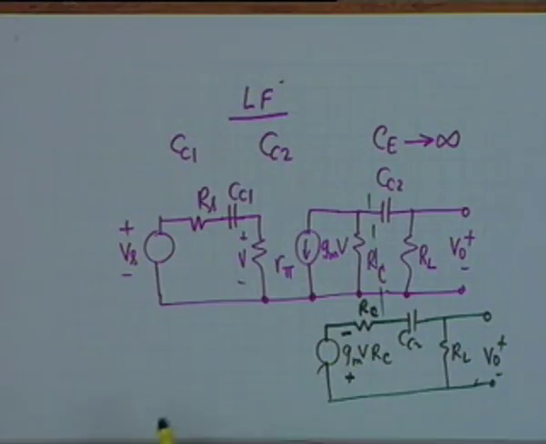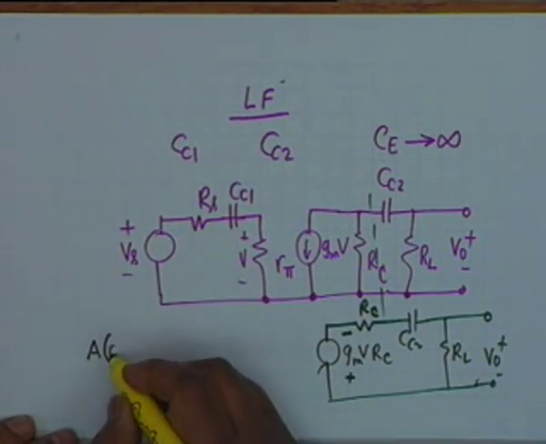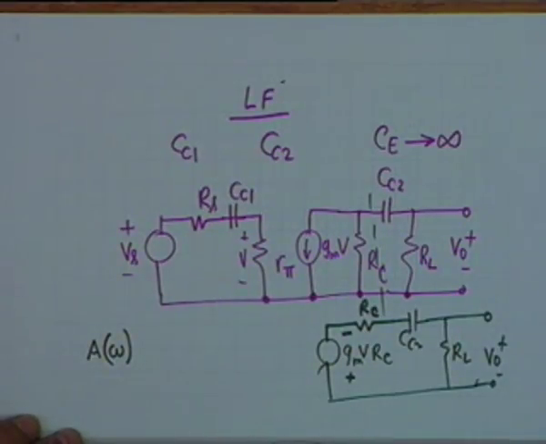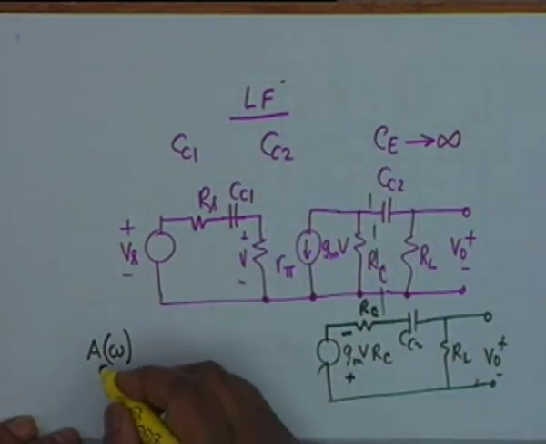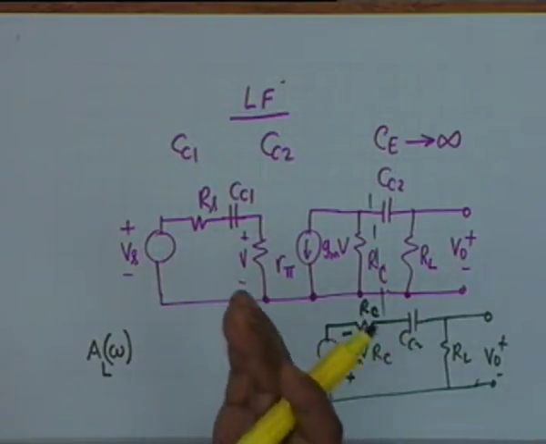All right. Let the input circuit remain as it is. We have to calculate the gain. The gain A is a function of frequency omega. And since we are considering low frequencies, we say A L omega. This L stands for low frequency gain. In the previous case, when we calculated the mid-band gain, we should have written a subscript of M, but one prefers to write A0. This is conventional. At mid-band gain, where it is a constant, you write A0.